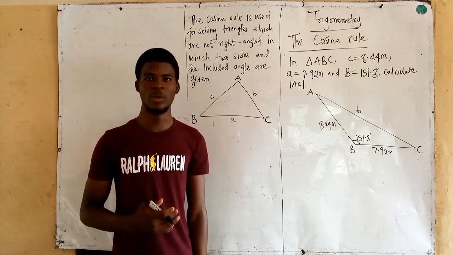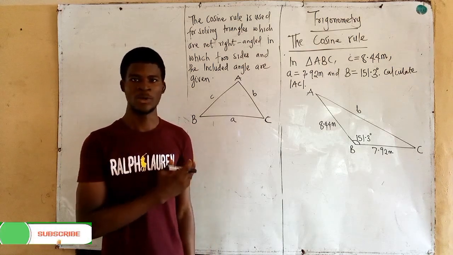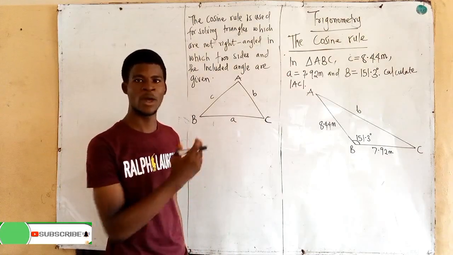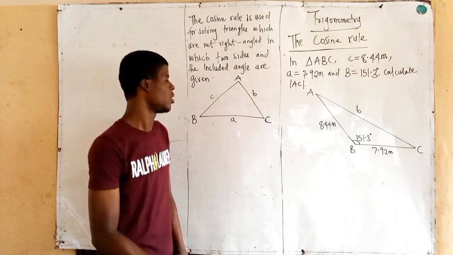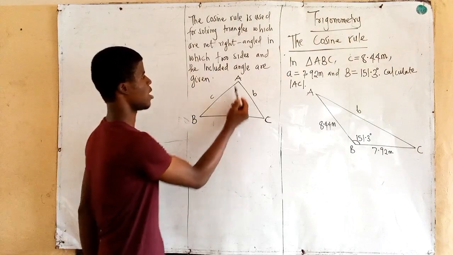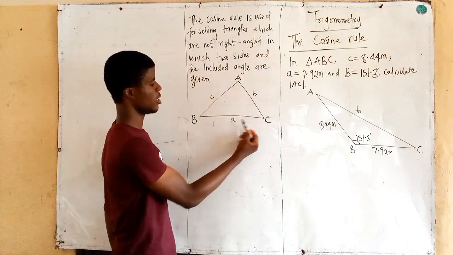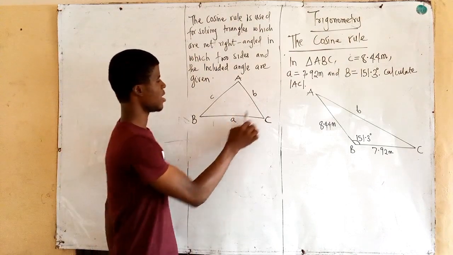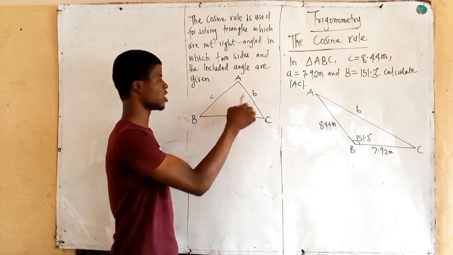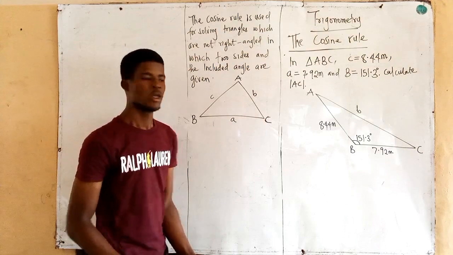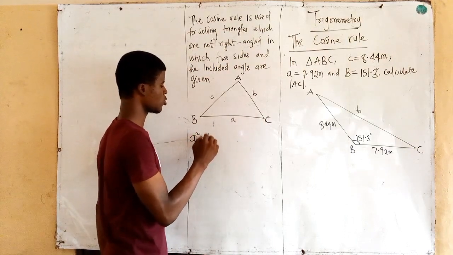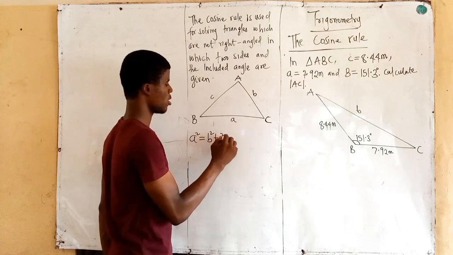Still on trigonometry, the cosine rule this time around. For a non-right angle triangle like what I have here on the board, I label angle A, angle B, angle C, side a, side b, side c. These sides are opposite their respective angles. The cosine rule says a squared is equal to b squared plus c squared minus